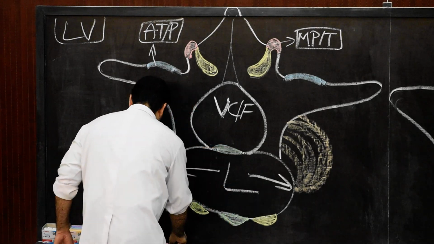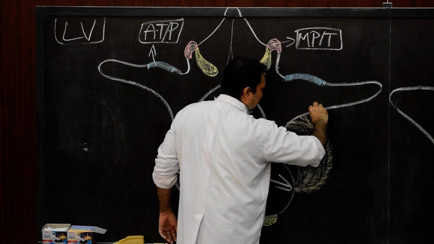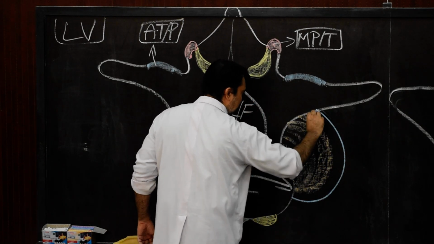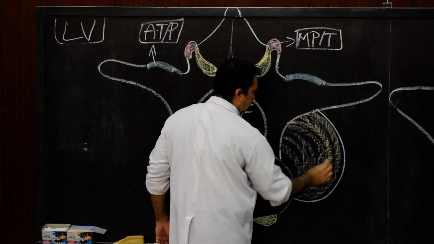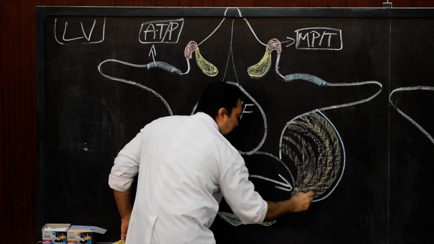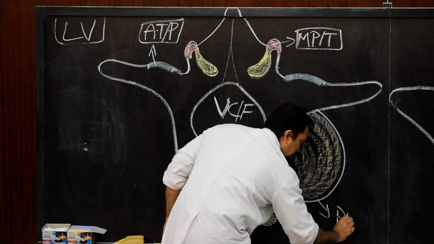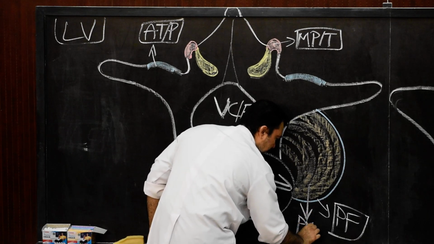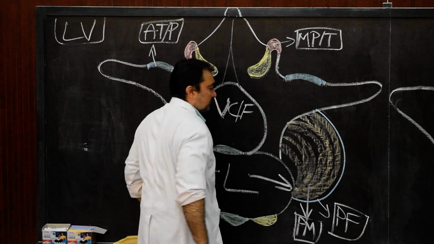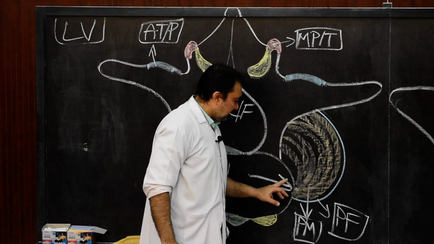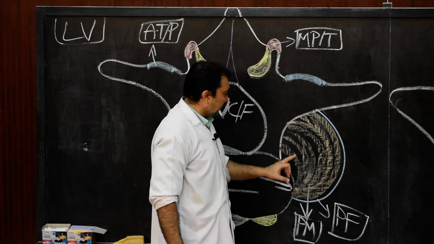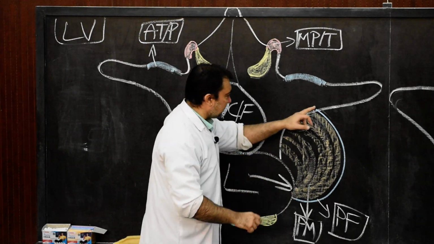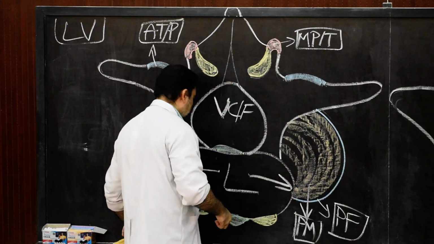Also covering the psoas major muscle, there will be attachment of psoas fascia. So this will be psoas fascia and this will be the psoas major muscle. Now remember, the psoas major muscle, as it is attached to the side of the vertebral body, will also extend on the anterior surface of the transverse process.